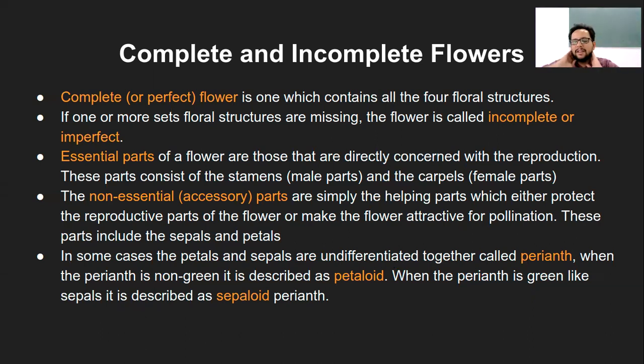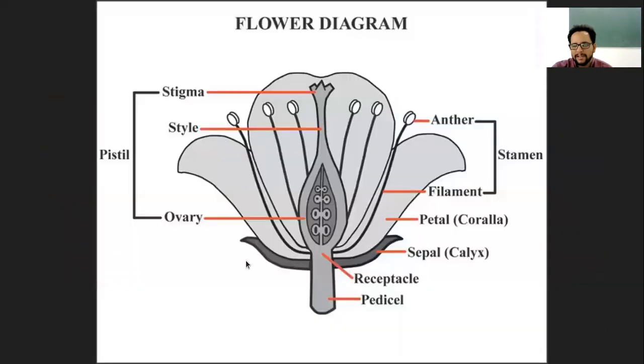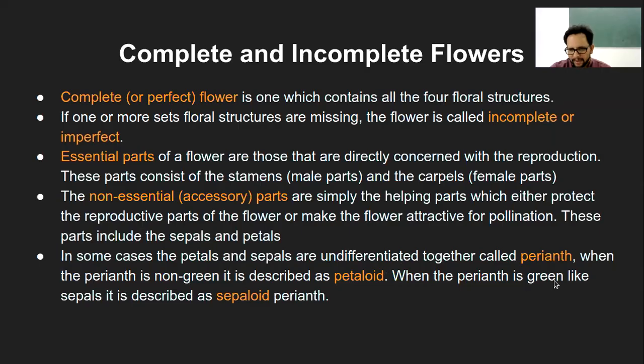And that particular structure where the sepals and petals are fused: for example, you can see your sepals clearly and the petals very clearly, very separate from each other. Imagine these two fusing with each other, so at the base you will have sepals, and from the same extension ahead you will have petals. That fusion of the petals and sepals is called perianth. The structure which is combined petals and sepals is called perianth.